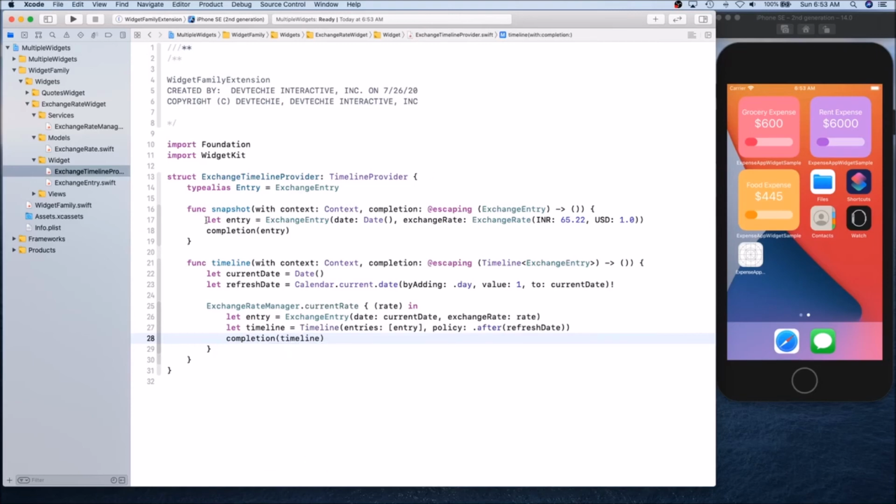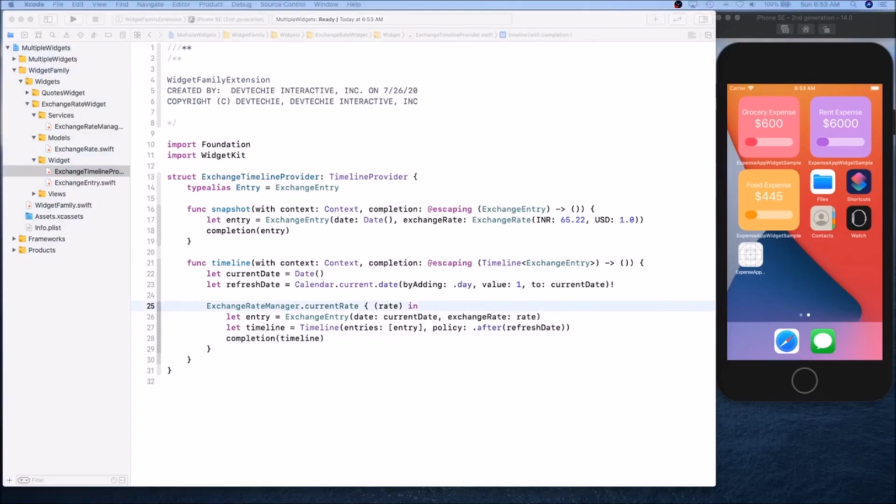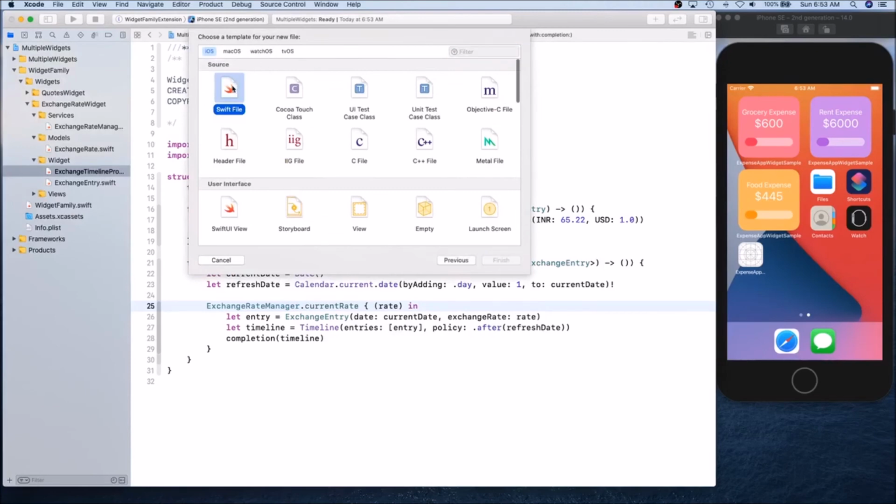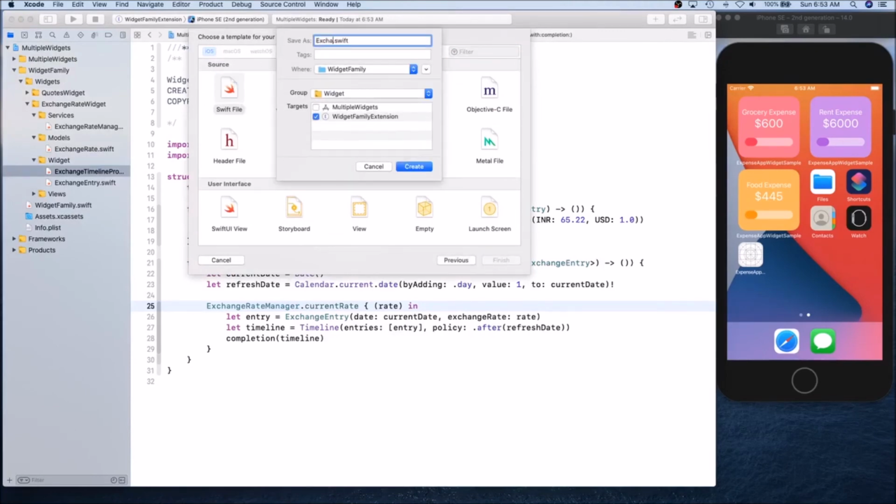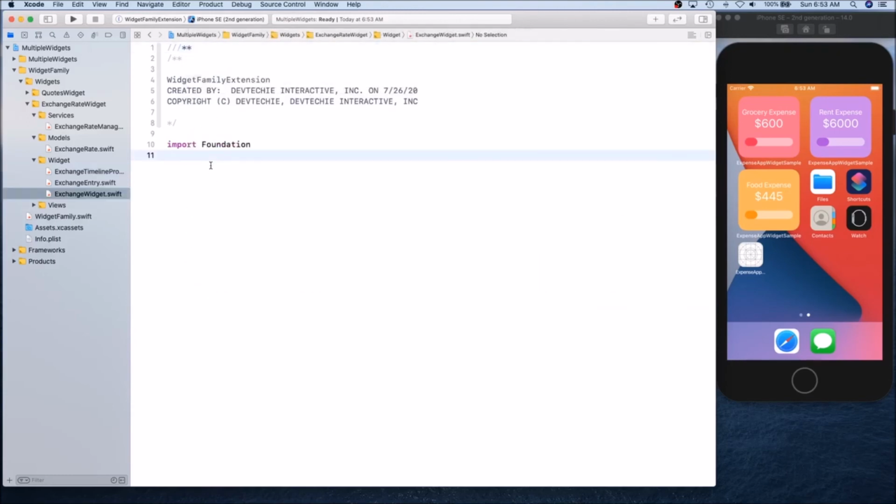Okay, so that is your timeline provider, and we already have ExchangeEntry. So now let's go ahead and create our widget, so we know what views we're going to need, so we can actually work on those. So ExchangeWidget. Okay, and here we're going to import WidgetKit and maybe SwiftUI. Okay, going to create a struct ExchangeWidget,